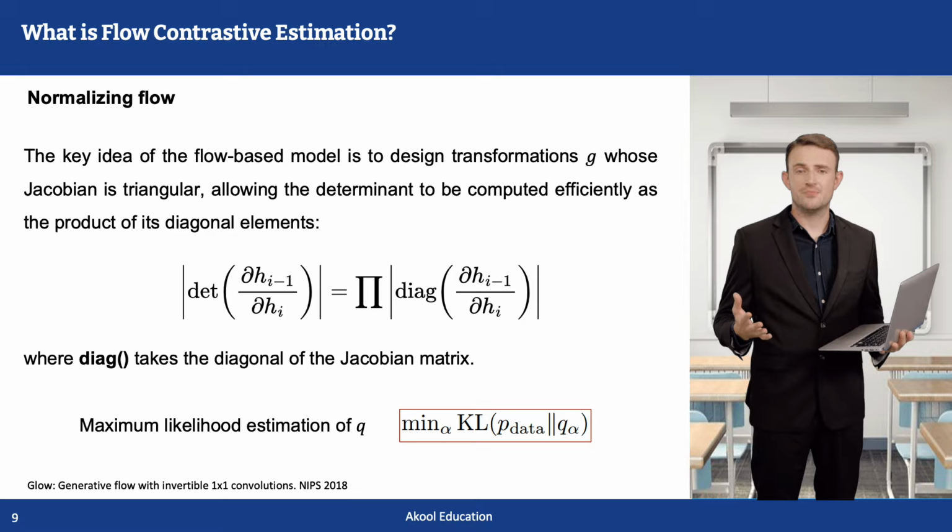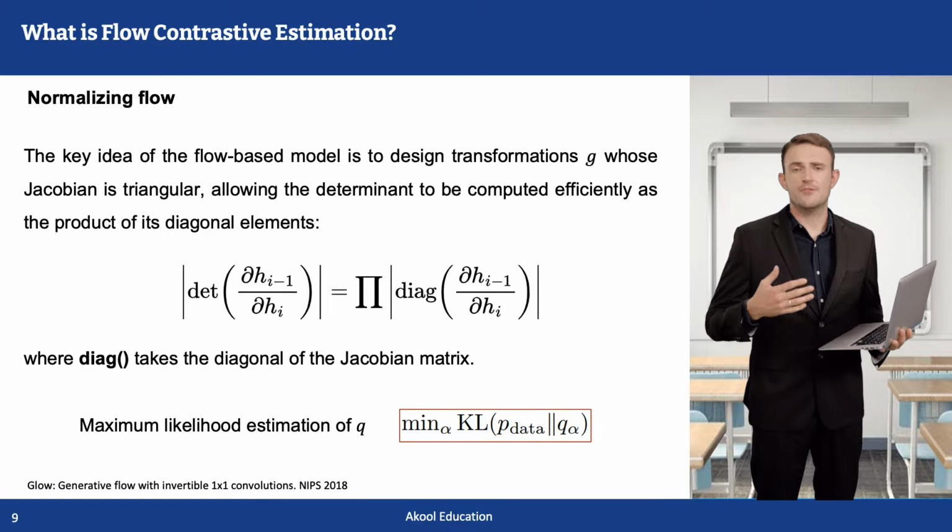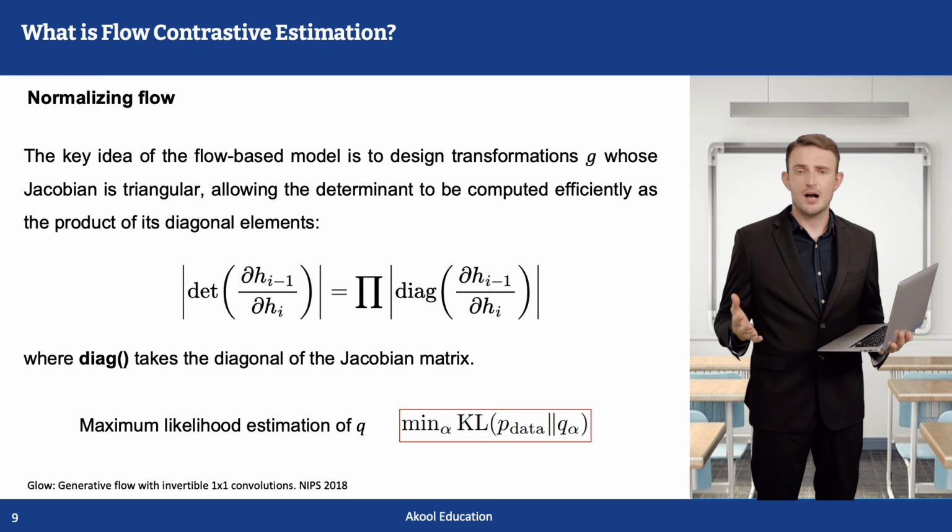Continuing with normalizing flows, the key design principle of flow-based models is to construct transformations whose Jacobian matrix is triangular. Why is this important? Because for a triangular Jacobian, the determinant, which appears in the change of variables formula, can be computed efficiently as the product of its diagonal elements. This design allows us to compute exact log likelihoods without expensive matrix operations, one of the main advantages of flow-based